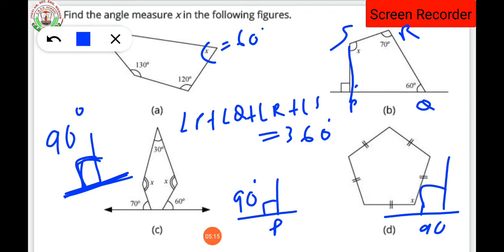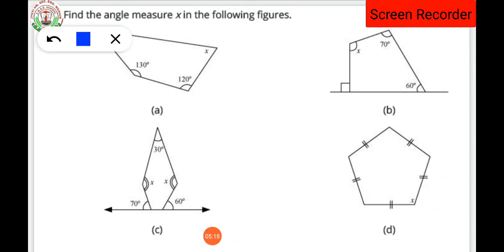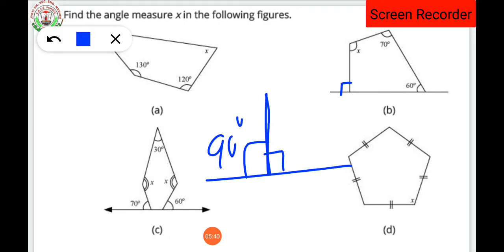Always remember. Now, since the exterior angle is mentioned as 90 degrees, and as we know, what is the work of a perpendicular line? This is the perpendicular line. So what is the definition of a perpendicular line? A line which intersects the other line at 90 degrees is a perpendicular line. Or we can say that a line which divides the other line into two equal parts is said to be a perpendicular line.